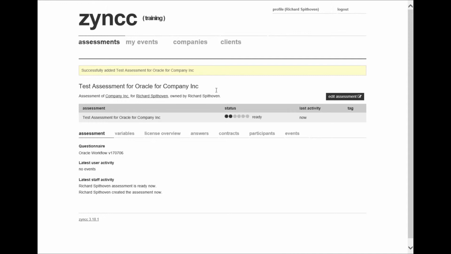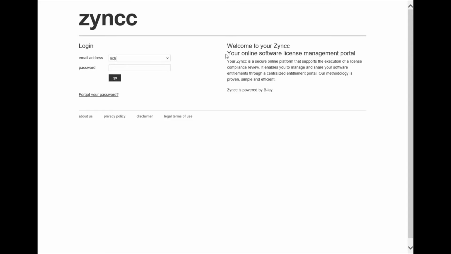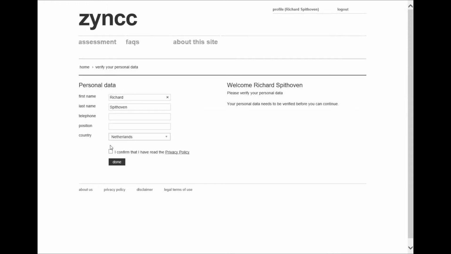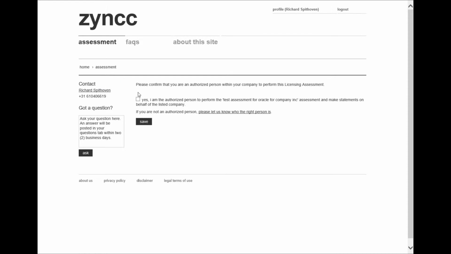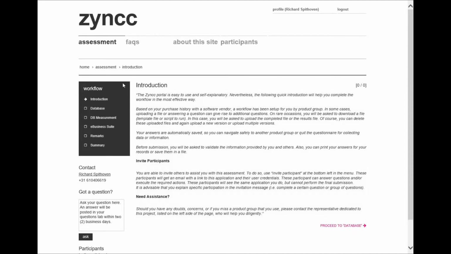Now, the next step is to send an email with credentials to the client that I have set up within Company Inc. to invite him to log into the platform and start the actual assessment. Once a client logs into Zyncc, he is asked to check his personal data to confirm that he has agreed and read the privacy policy and to confirm whether he is the appropriate person within the company to perform this assessment. Once he has confirmed, the different sub-assessments that I selected in the back end become visible on the left